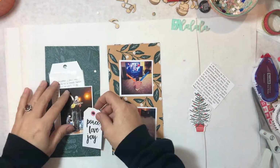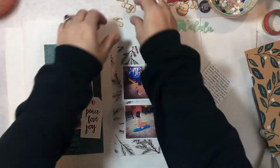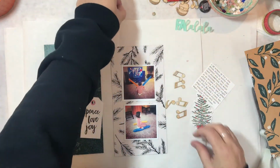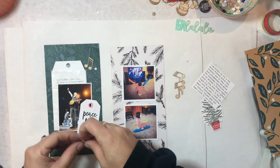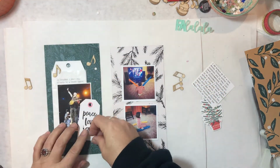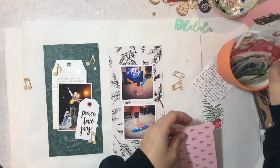I thought about using this paper because of the dark green on the left, but I ended up going back to this. I still want to use that paper though, just not this time. I have these little notes from Colorcast Designs. They're little wood veneer, and I'm going to use those because this is all about our trip to Fairfield, Iowa,